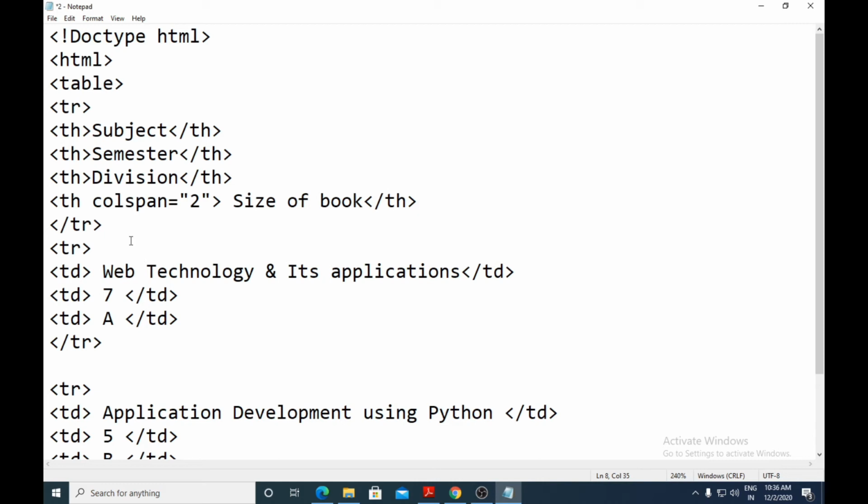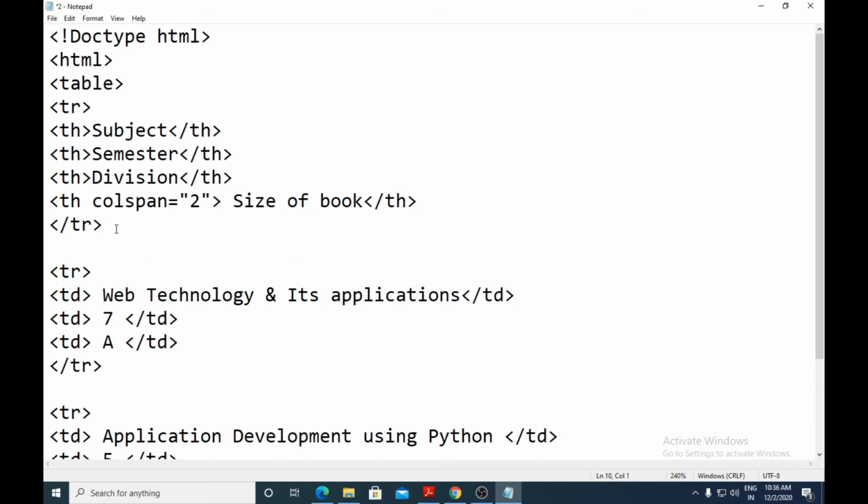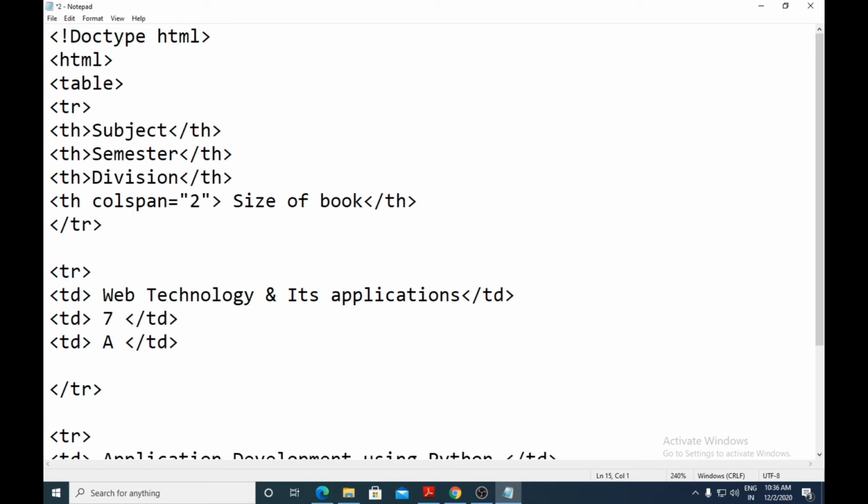So here I have to give two data cells, in terms of width and height. Size of the book I have given, so I'll mention it as width and height. Width I'll mention as 162 centimeters, slash td.